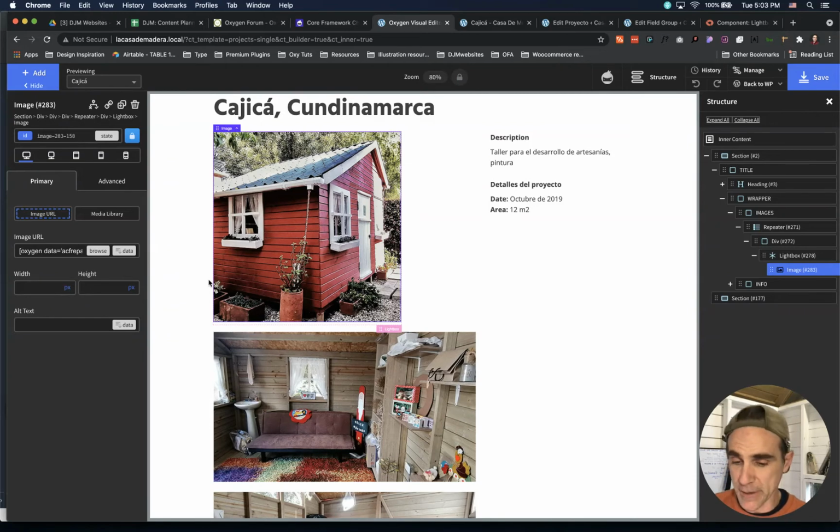Now, each one of these images is going to come in at a different size. I would normally recommend to the client to bring in their images all at the same size. That's not always going to be the case. So there are ways around this. So the first thing I want to do is, to this image here, I'm going to just drop in a